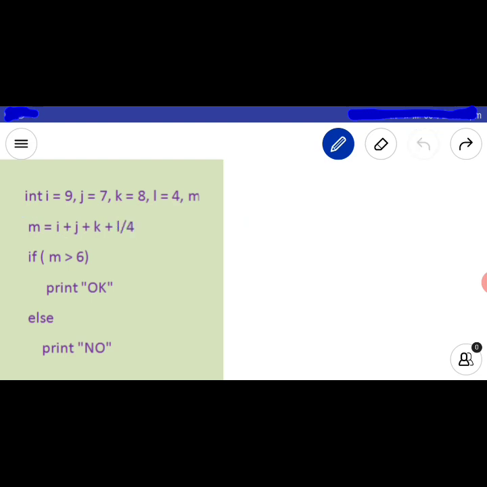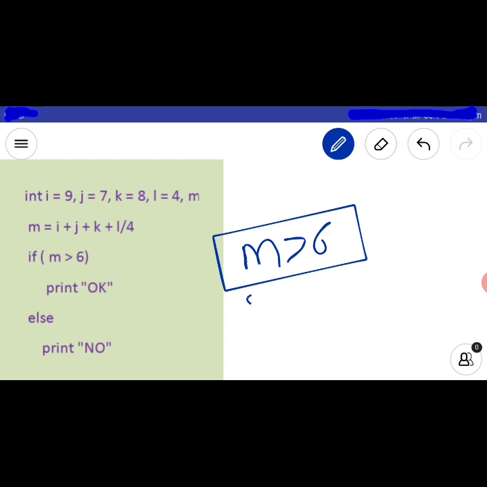Let's see. Now this time we will check m greater than 6. It's our if condition. So let's put the value of m, which is 25, right? If 25 is greater than 6, then print OK.